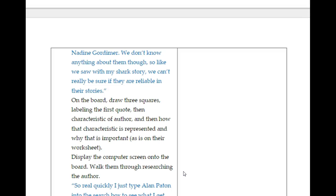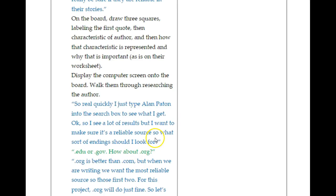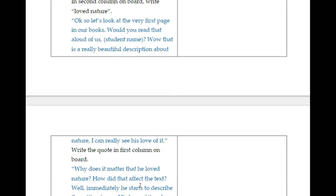All right. In this next section, you do some guided practice. So you grab a piece of information, you read a text, and you decide that that piece of information applies directly to the text. And it seems to me like you did a good, what we would call a think aloud. So you typed the author's name into an internet search box, and then you demonstrated, or you thought out loud for the students, why you chose the site that you chose. And then